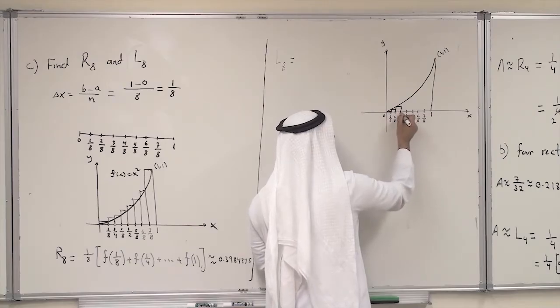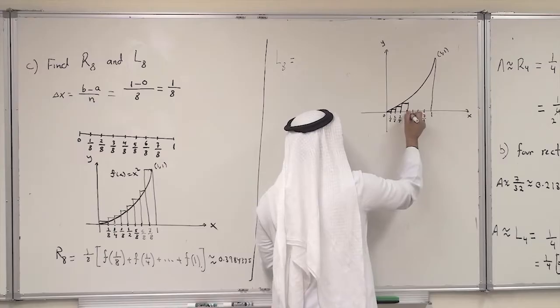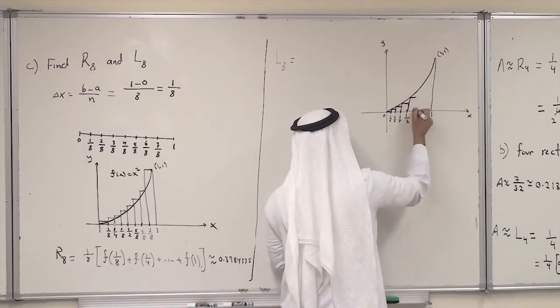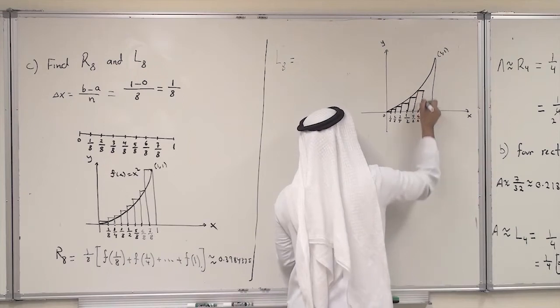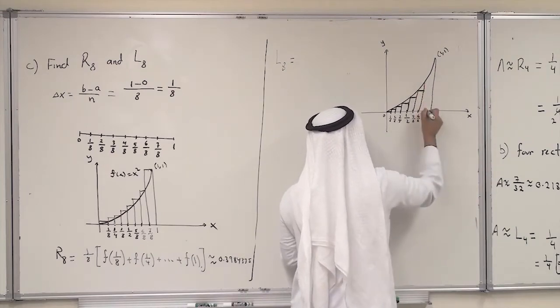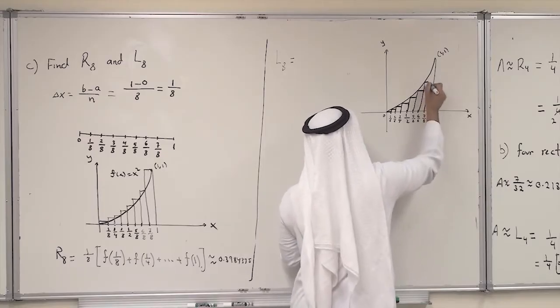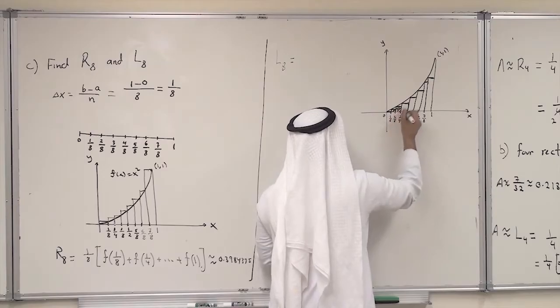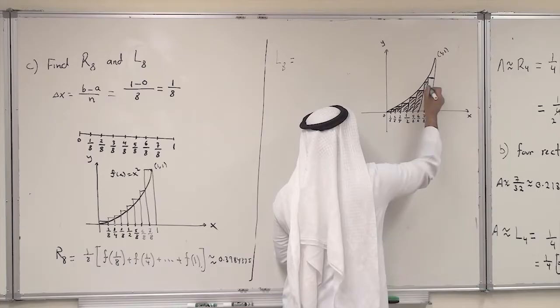The fourth one, I choose the left one here, so this is my rectangle. For the next one, I choose the left point, so that will be our rectangle, and you continue the same, so this will be the next one, and so on. This is what we have here, so that's the rectangle, and the last one, you choose the point here, so that will give you the rectangle. So summing now the areas of these rectangles will give me an estimation of the area by using what we